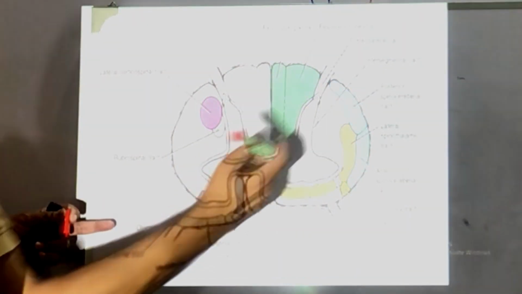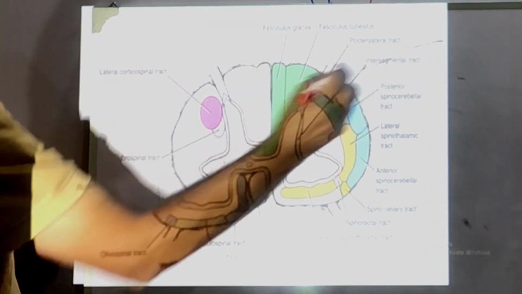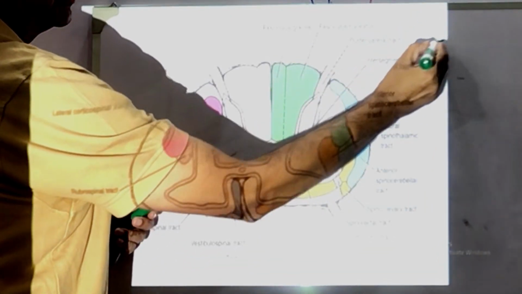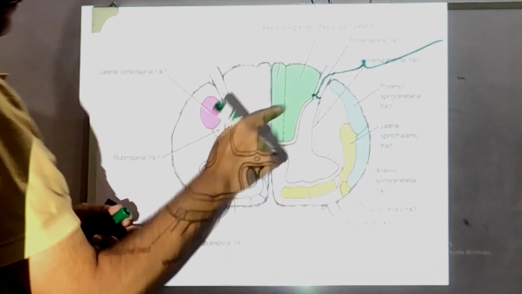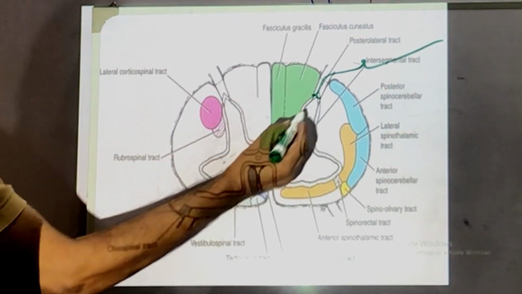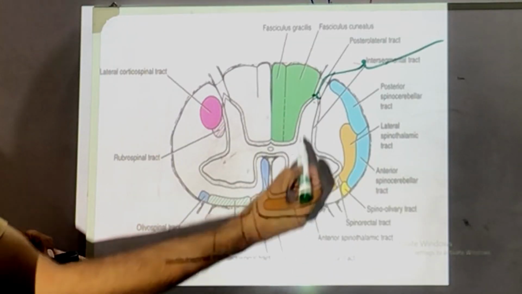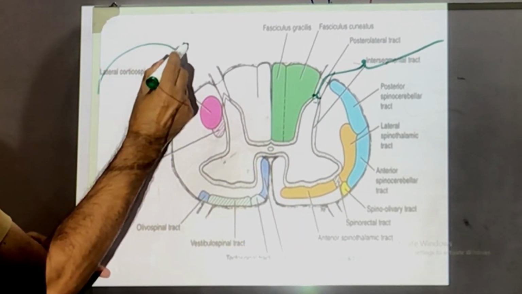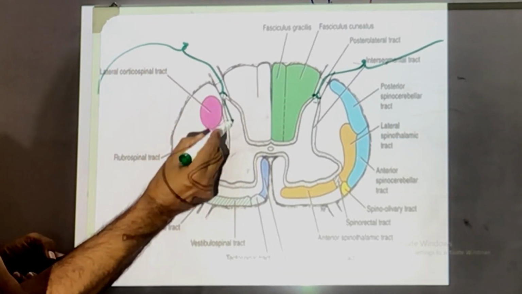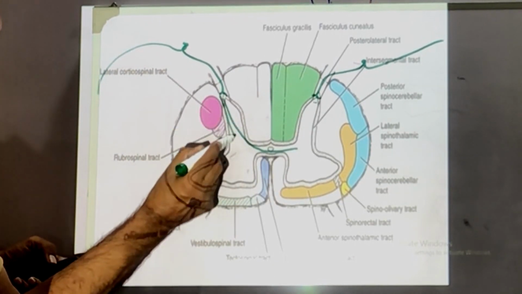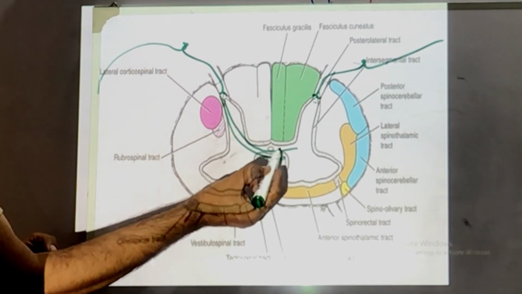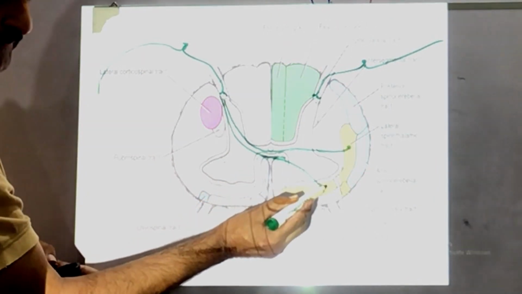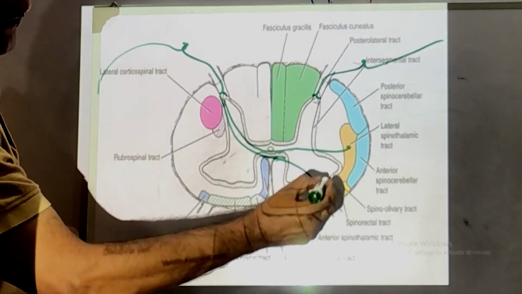Where you have seen this, now see, this was our diagram. Which way? First order neuron, cell body here, going inside. Where? Substantia gelatinosa, and it is crossing in such a way that you can see here, some of them, okay, come from here also. They cross like this, some here and some here. Those which will cross in this area, you see, they run here, and from here they are now ascending.